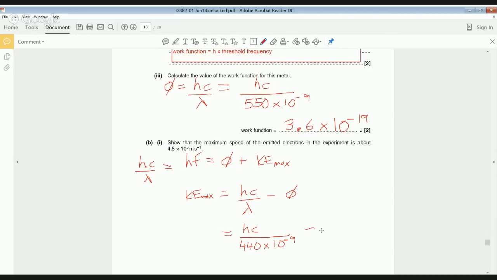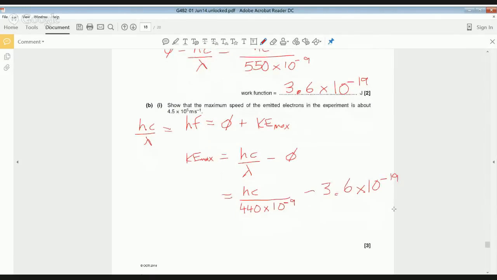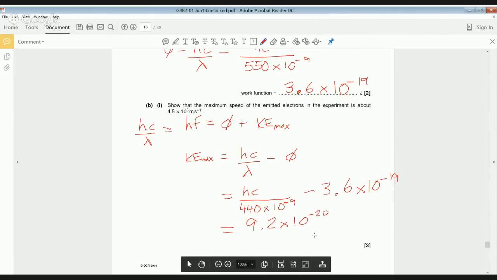And take away the work function we worked out up here, which is 3.6 times 10 to the minus 19. And that gives us a kinetic energy of 9.2 times 10 to the minus 20. That's not the final answer though. We need to find v, so we can rearrange our KE